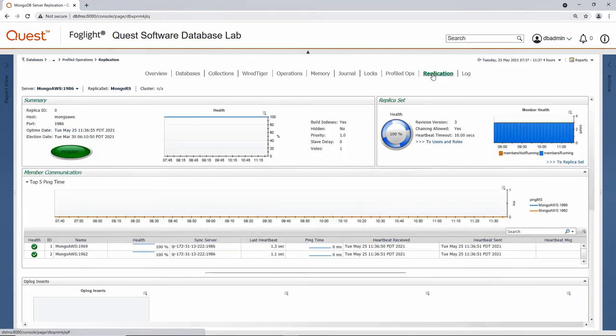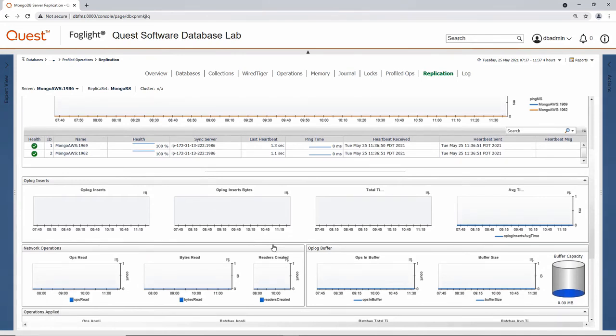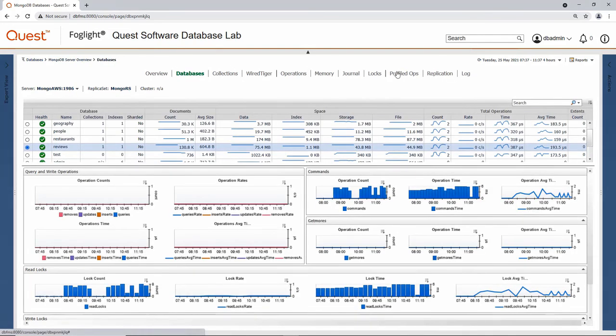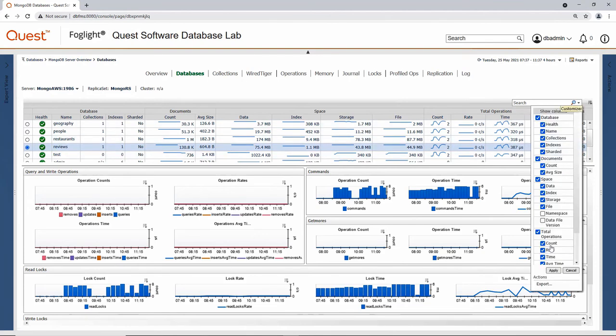Lastly, I'll end on the replication drill down, MongoDB replica sets being a core component of how MongoDBs are kept highly available. The replica set drill down here will show us the status of the replica set, as well as latency and oplog specific metrics related to replica set synchronization over any time range that I'm displaying the dashboard over. We can use these dashboards or drill downs interactively to diagnose and solve problems within our Mongo infrastructure by changing the time. All of the data presented is also available to be exported in an ad hoc fashion.